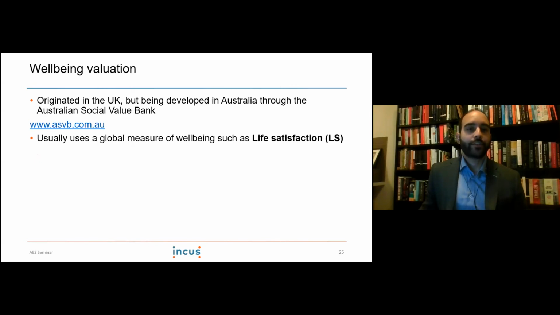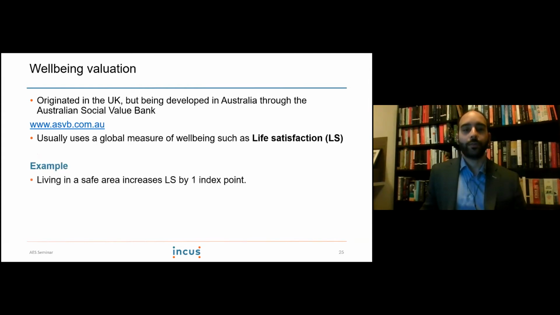The last one I mentioned was life satisfaction and well-being valuation. As I said, it's sort of gaining ground in Australia through the Australian Social Value Bank. So you can have a look at that. They've got a license model there for different values that you can then use based on the outcome that you have in your program. The way it works is that it uses a global measure of well-being, such as life satisfaction, and it